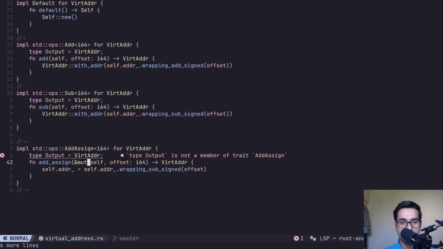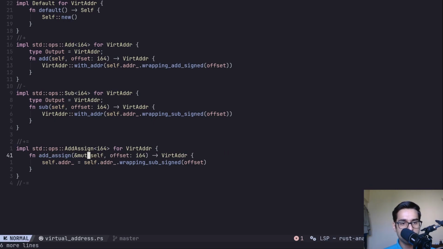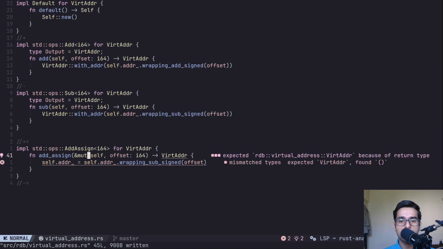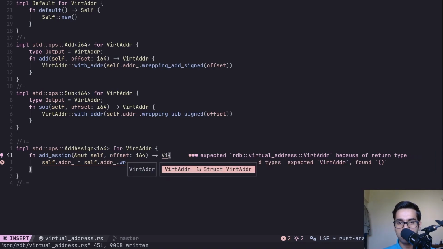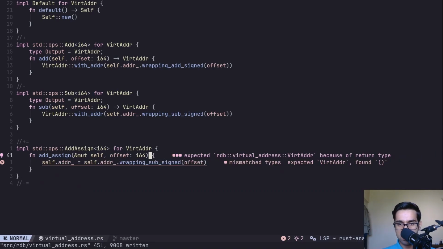Type Output is not a member, so we can remove this. Let's write this, and mismatch types expected VirtualAdder. Does it return a VirtualAdder? It doesn't return anything. We are updating the existing object, right? So we can remove this as well. Remove this, and